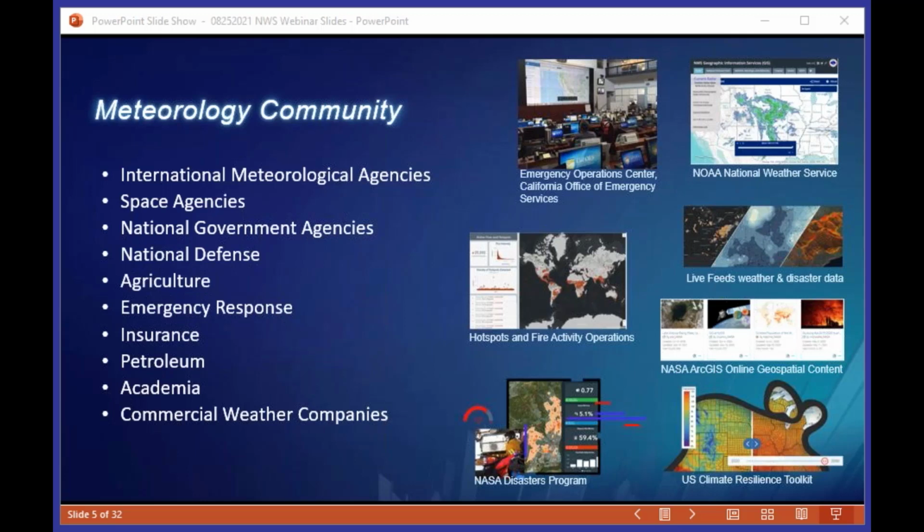As you can see by some of the examples presented here on the slide, there's a wide range of use cases and organizations utilizing ArcGIS. For example, NASA Atmospheric Science Data Center, which leverages GIS for the processing and archival and distribution of NASA data. And as well, we have meteorological agencies like NOAA's National Weather Service and UK Met Office, as well as others that are working with ArcGIS to provide access to critical weather information and products.